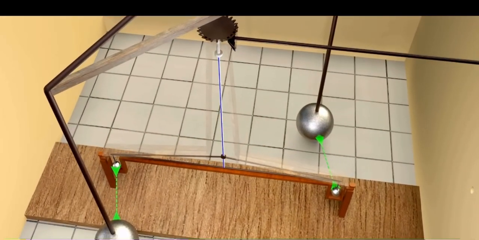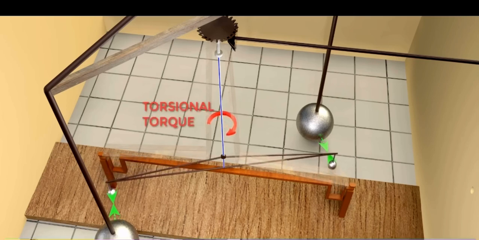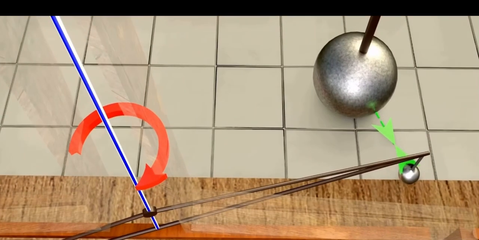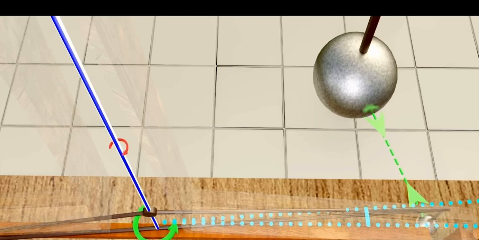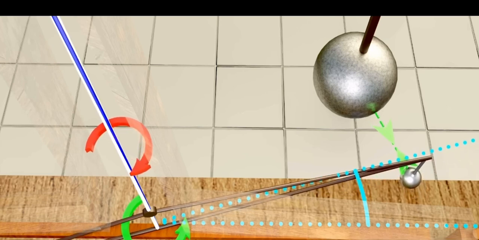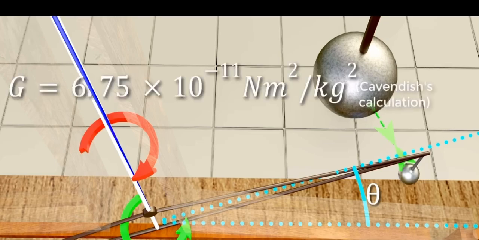The only difference is that his setup was able to attain a balance between the force due to gravity and the string's torsional force. You can see clearly that when the torque produced by the torsion of the spring is the same as the torque due to the gravitational attraction force, the balls balance. Using this twisted angle at the balance as an input, Cavendish calculated the value of G for the first time,